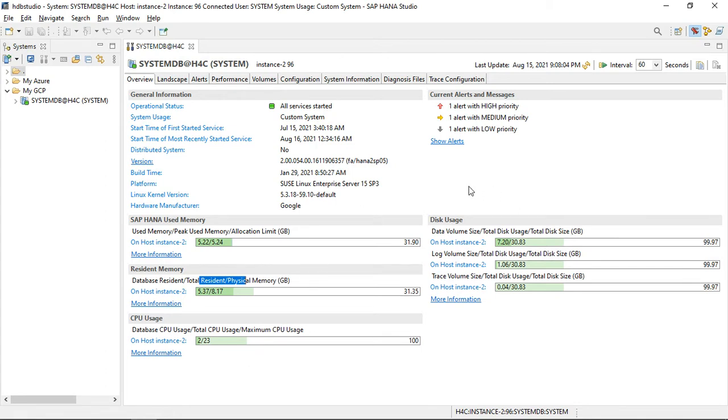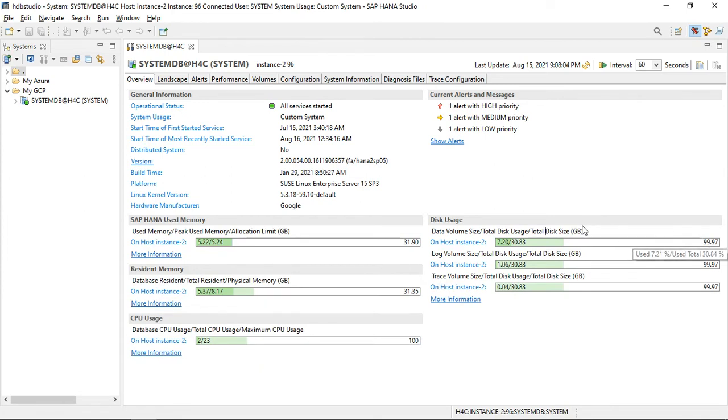Then next is the disk usage. In disk usage, you can actually monitor the disk usage, for example data volume size, total disk usage, and total disk size. Again, it will show you three figures. Data volume size is 7.20. Then total disk usage is 30 GB and total disk size is around 100 GB.